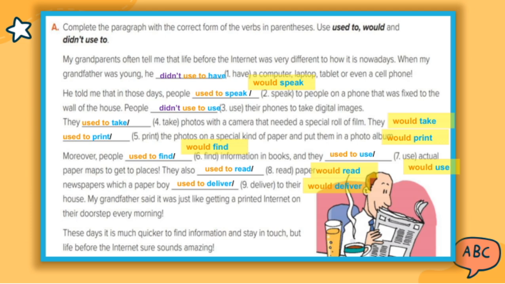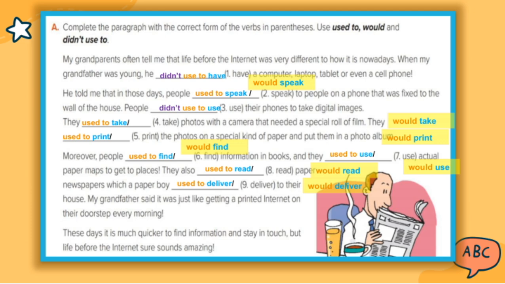The phrase didn't use to use shows that there were things people didn't do in the past, perhaps certain technologies or methods they hadn't adopted yet. Moving to would speak, which demonstrates how verbal communication was a primary way of exchanging ideas, and used to speak again emphasizes past routines in conversation. Lastly, didn't use to have reminds us of how some resources or possessions weren't always available and had to be